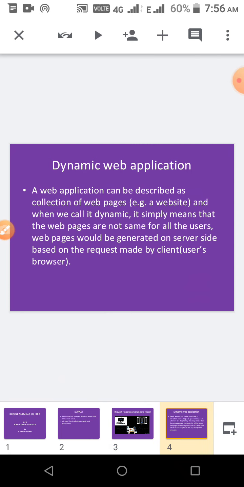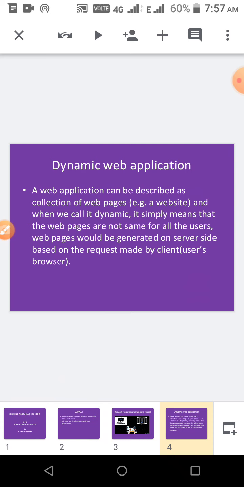Before going to servlets, you have to know about some of the terms. What do you mean by a dynamic web application? A web application can be described as a collection of pages. In general, web means a collection of web pages, and we call it dynamic when it is not the same for all the users.